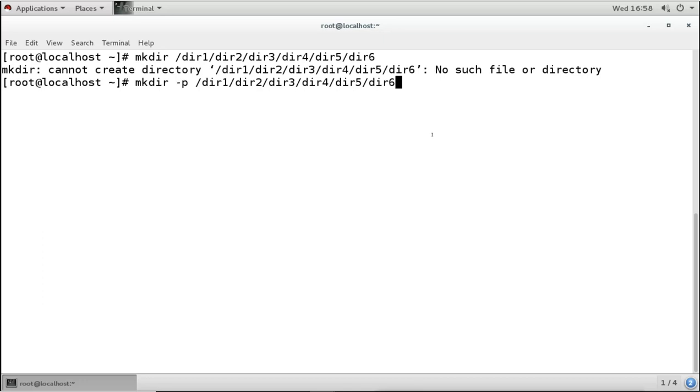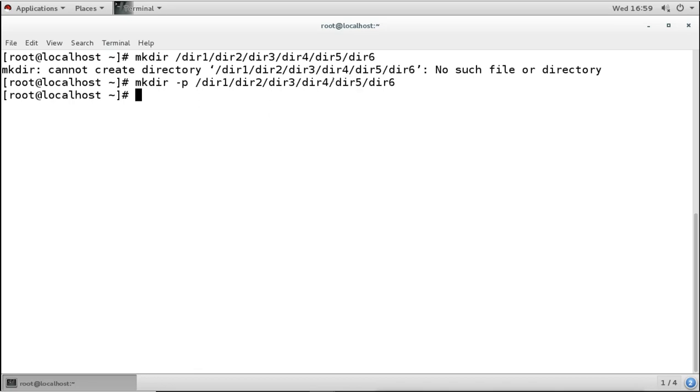Now when I run the command, it is successful. Why is it successful? Because I said create the parent directory also. So what happened here? First it tried to create this directory, but the parent directory of this directory is dir5, which is not there. So it will create that directory also.